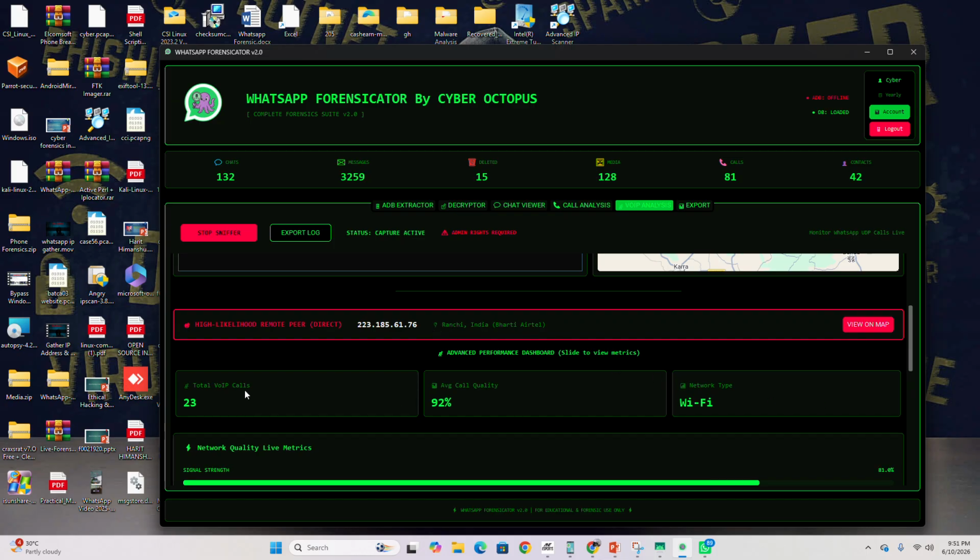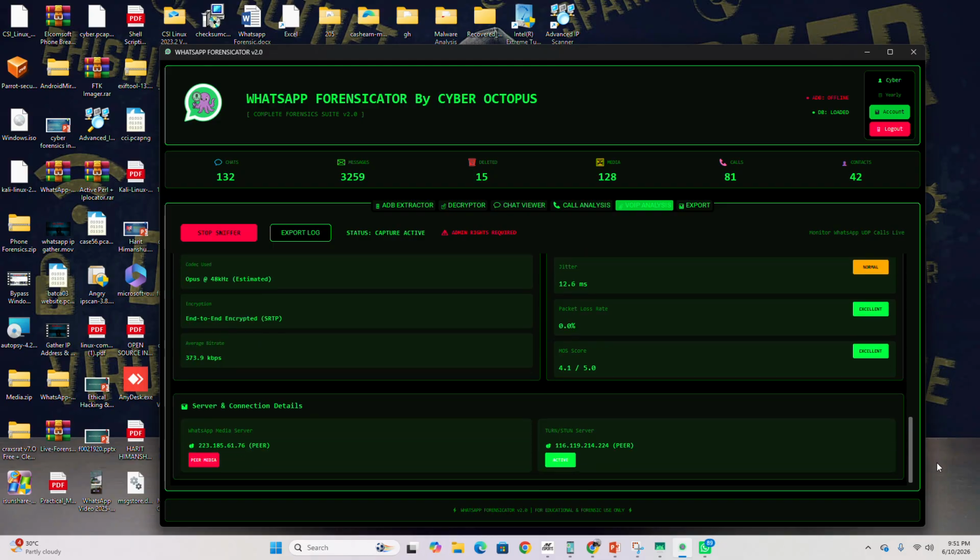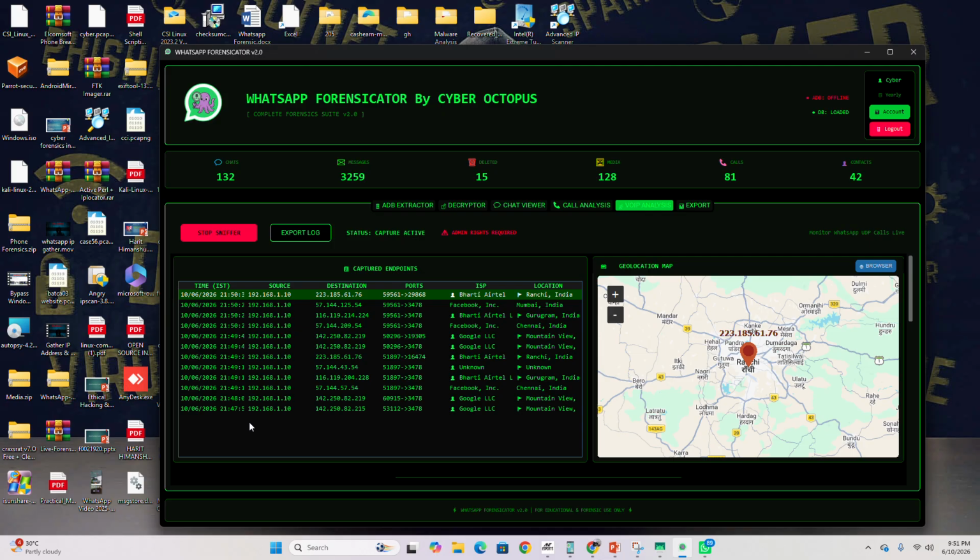You can see the view IP calls, and the protocol details are also given. This detail can be used for further investigations. Most important here is the IP with the date and time. IP addresses alone are not enough; date and time are equally important. By correlating the IP address with date and time, we can approach the ISP and continue the investigation. Even accounts using a virtual number may sometimes be identified through such analysis.